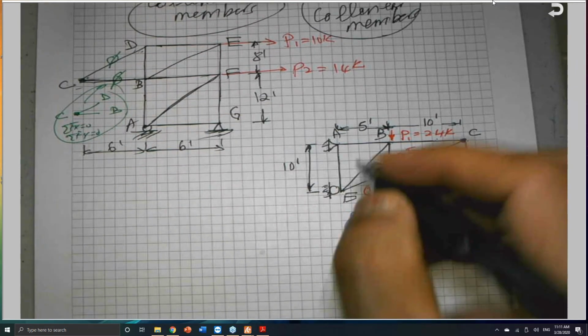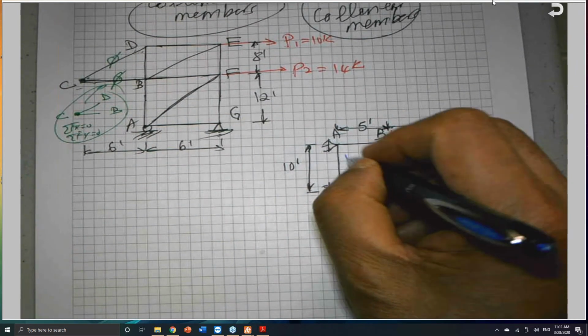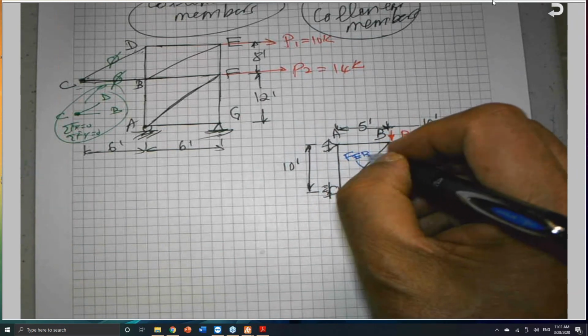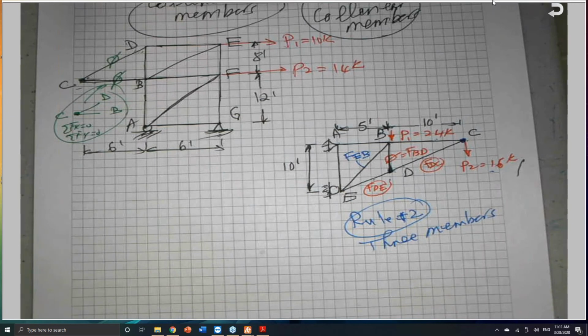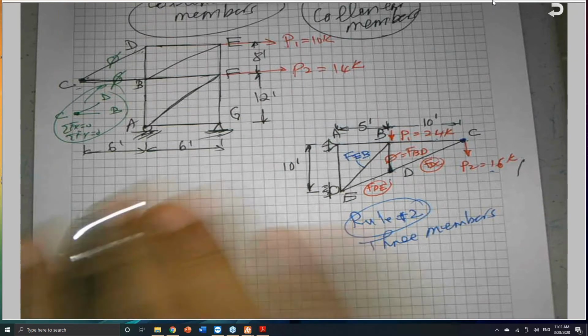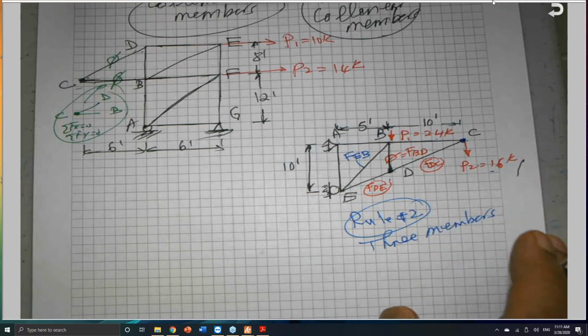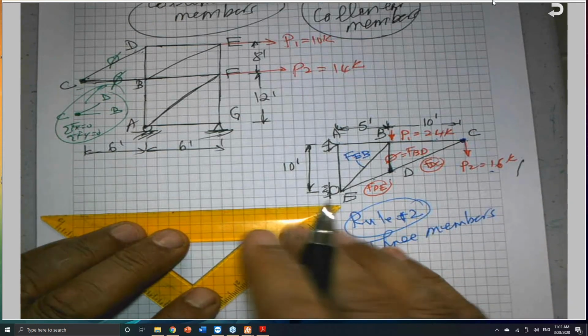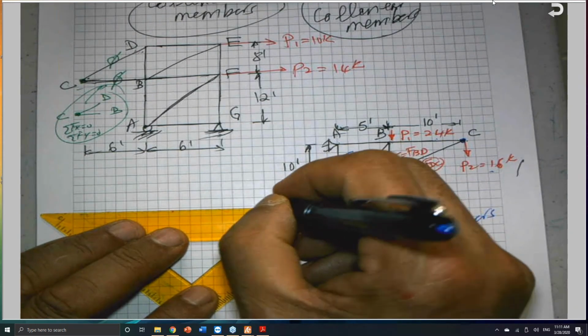So for the sake of the exam, if they ask what is the force in the member EB, which is this member here, if you are given the problem from scratch, without explaining anything I just said,